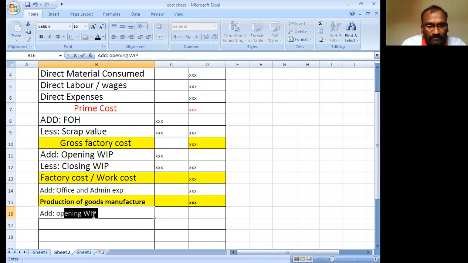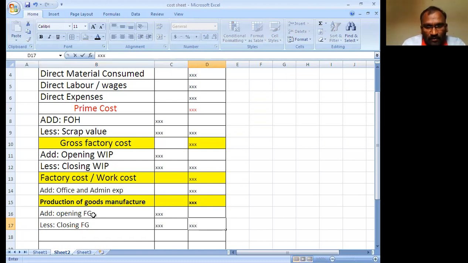Next, add opening finished goods and write it in the inner column, and less closing finished goods, also written in the inner column.